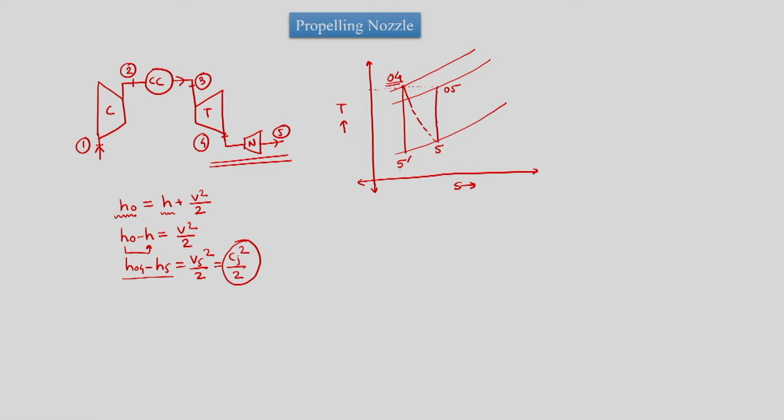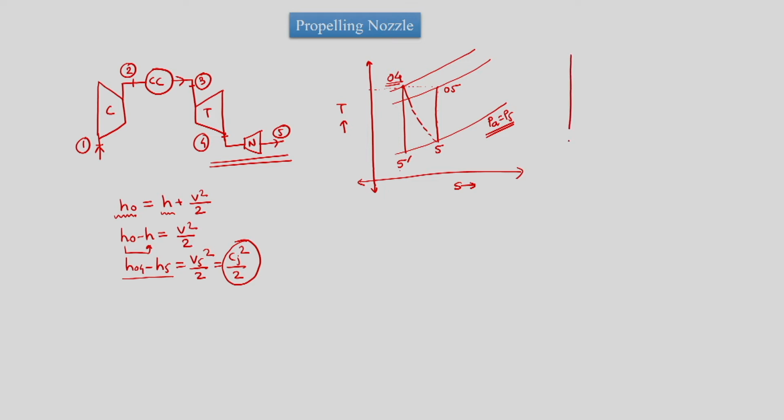Here this TS diagram suggests that we are working with a nozzle where Pa is equal to P5, and the nozzle has completely expanded the gas, whether it is subsonic or supersonic expansion, but there is complete expansion, and at the exit the fluid has attained a pressure equal to the pressure of the ambience. However, in the choking condition this graph would get altered, and then we need to bring the choking pressure also into the figure.